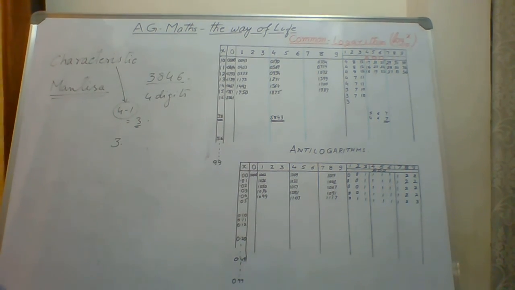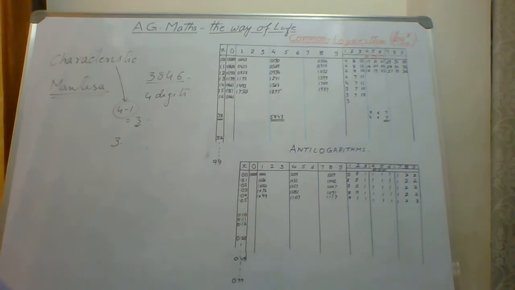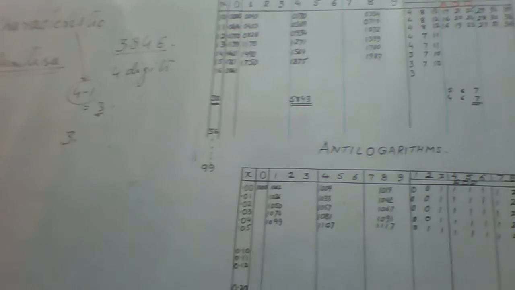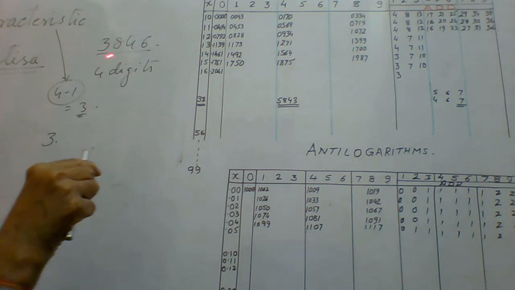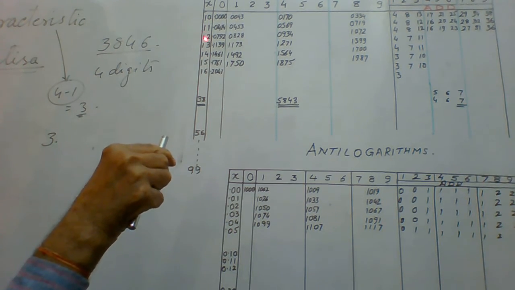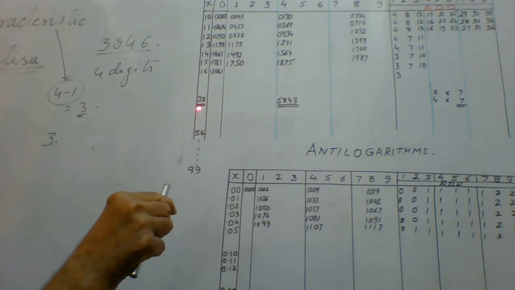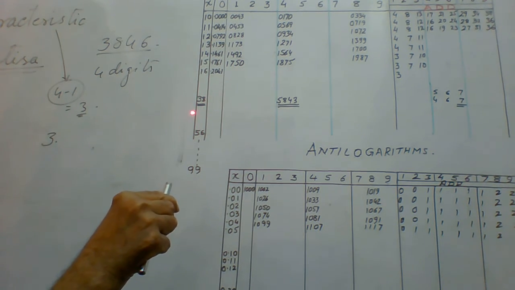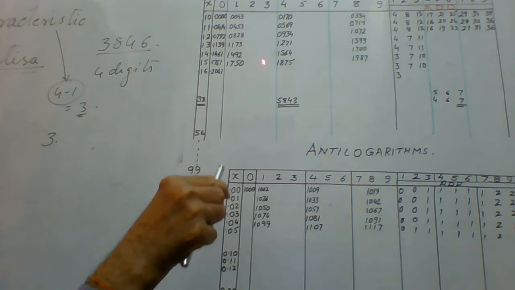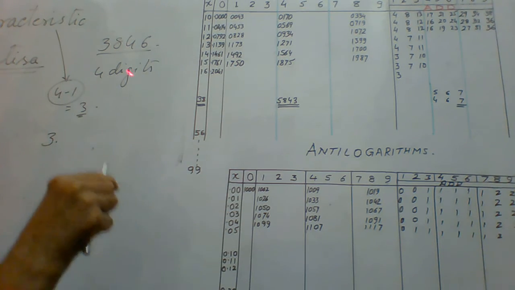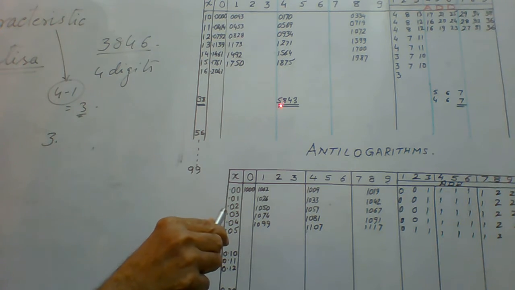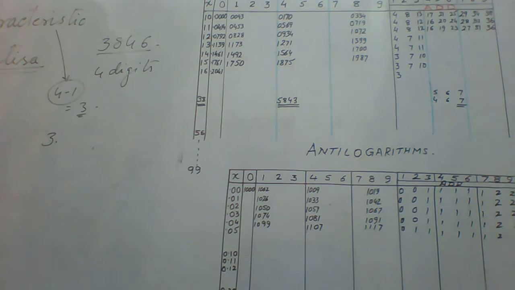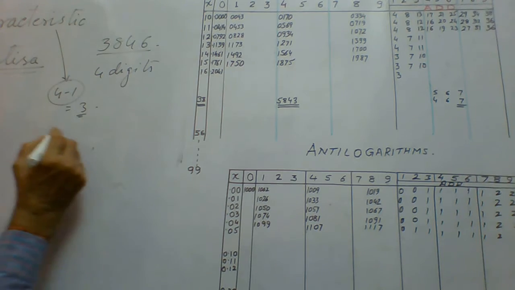Now I'll show you a little closer to the board. See what is happening here. 38 is my first 2 digits, so in this first column I find 38. From 38, I go across 1 column, 2 column, 3 column, and then I come to 4. Why 4? Because after 38 there is the digit 4. So look under the 4. Under 4 it is 5843. This is the number I will write here.